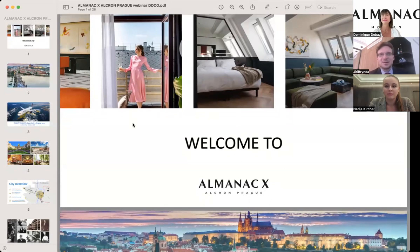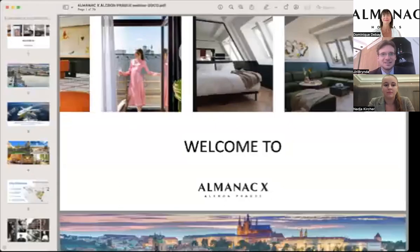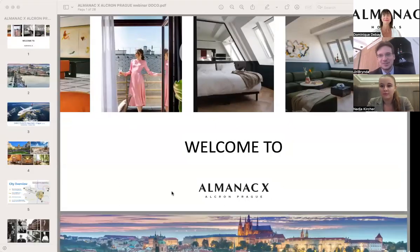So good evening from Prague. I'm very happy that I can be here, and this is a great opportunity. I can share a few thoughts and words about the new Almanac X Alcron Prague. So that's it. Welcome to Prague. On this first slide, you can see the first impression from the property that was reopened just a few months